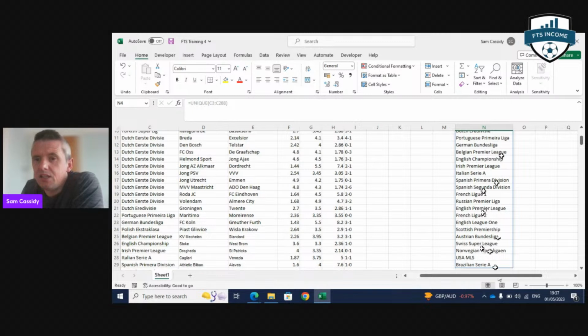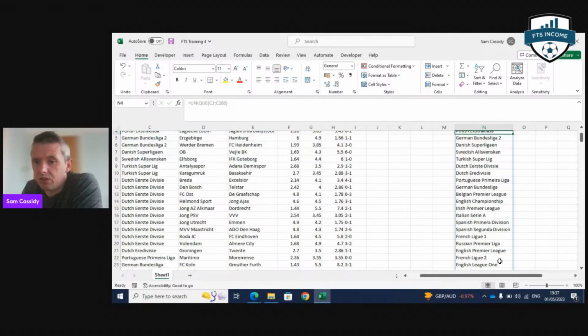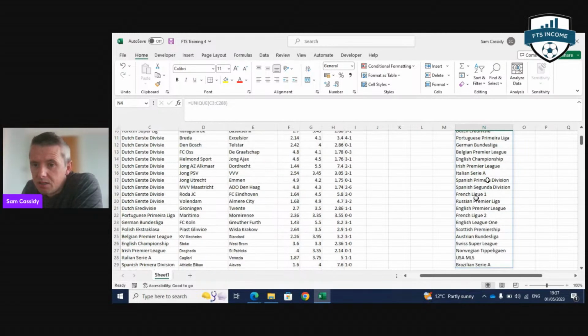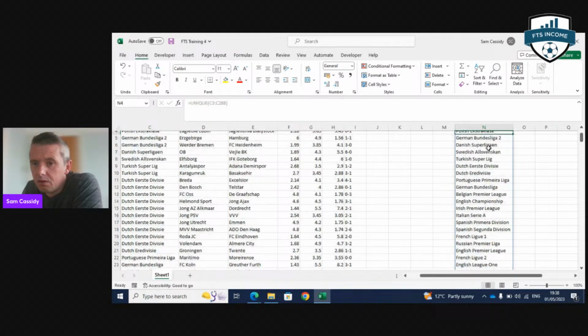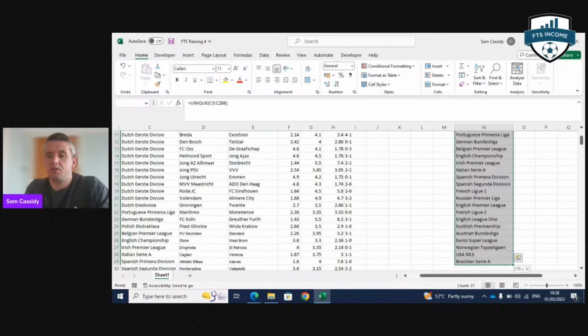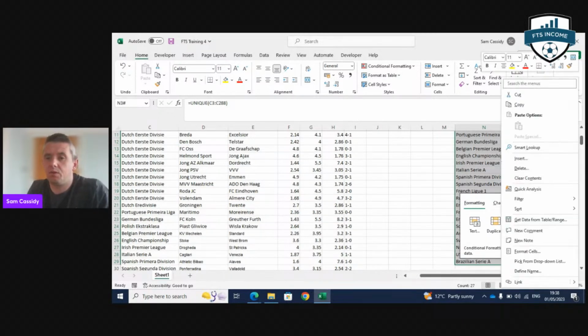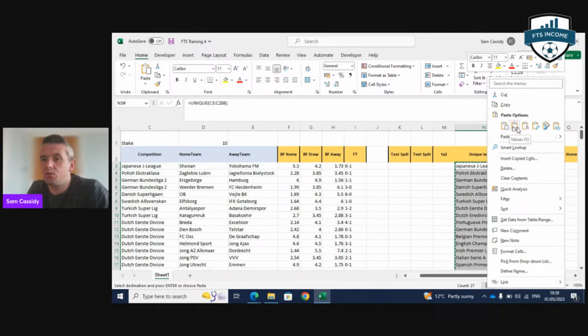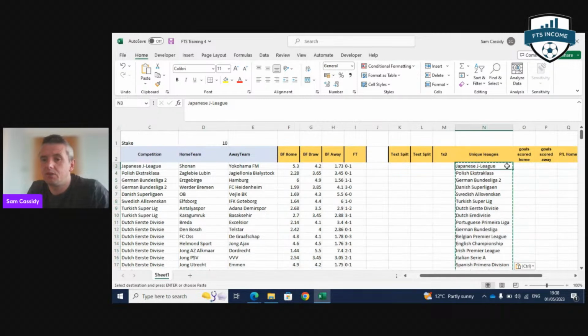Potentially you could have English Premier League or you could have EPL listed. So ultimately that looks okay. It looks like there's no duplication, no Spanish difference there. Okay, so we're happy with that. So what I'm going to do, Control Shift down, copy, and then paste those values again. Okay, so I know now I've got all the unique league names,